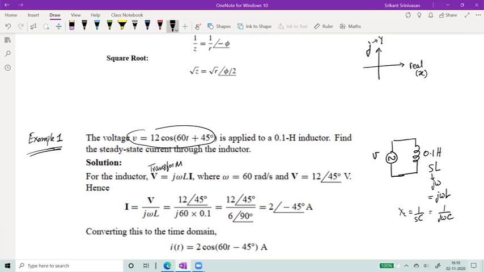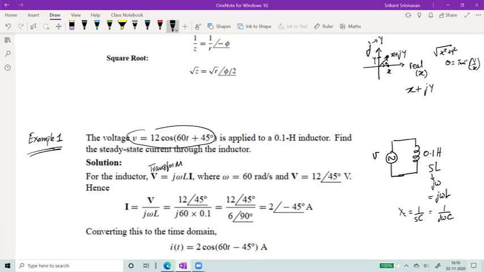So when I write a complex number, x plus jy, that means I'm taking some value of x and some value of y, and this is that point, x plus jy. And if I were to draw a vector, then I would say that is a phasor. That phasor, what is the magnitude of that vector? The magnitude of the vector is root of x square plus y square. What is the angle formed? Theta. Theta is equal to tan inverse y by x.